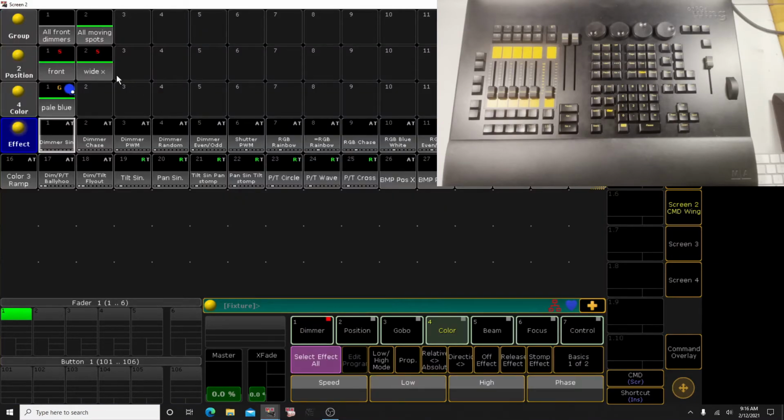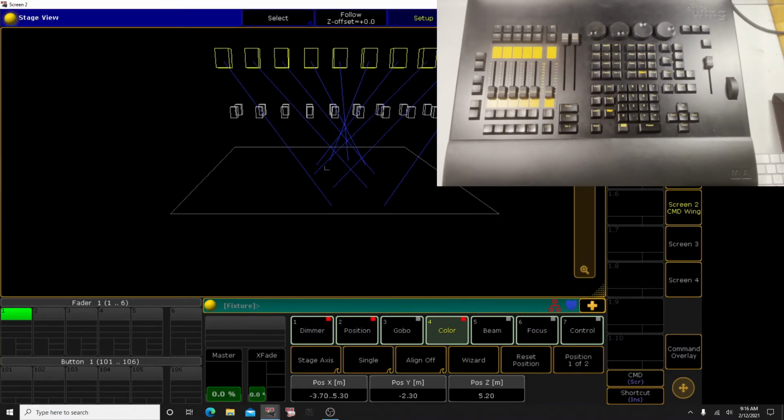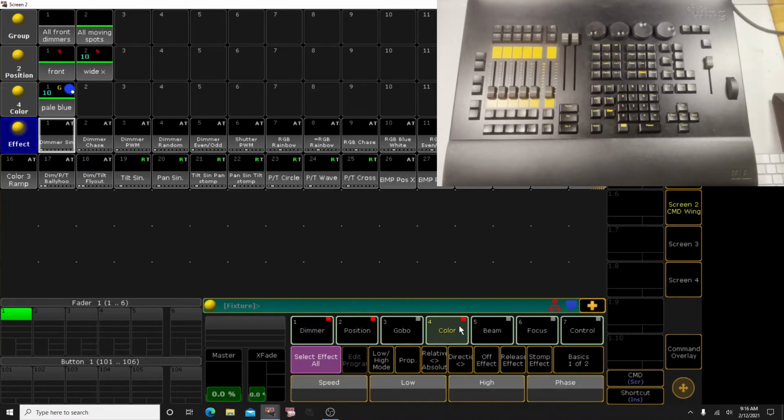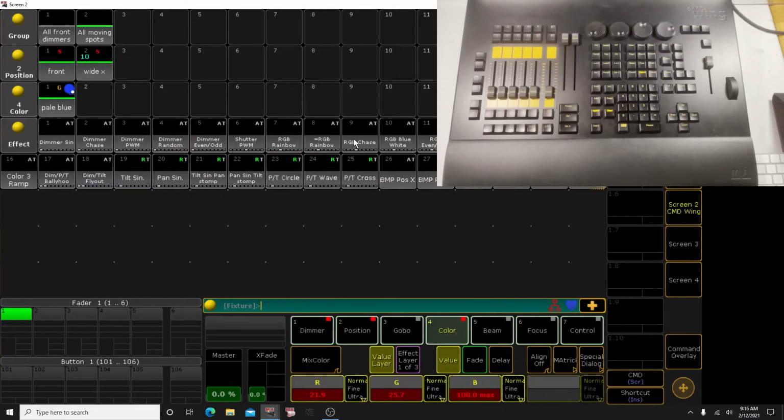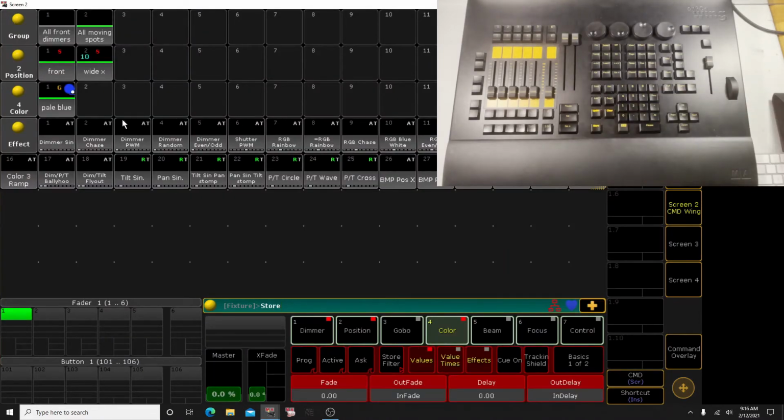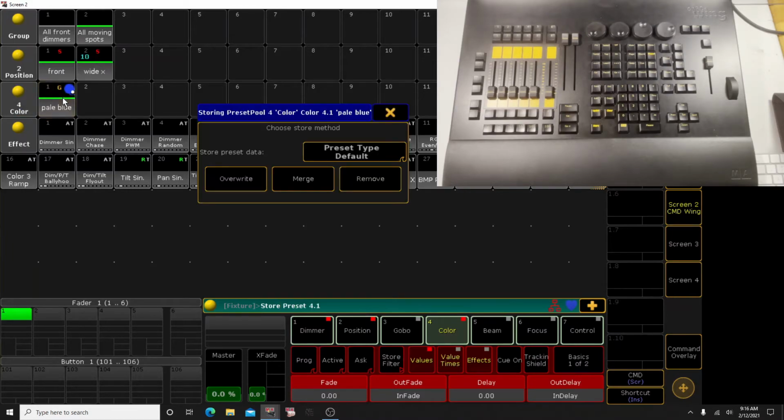And then let's select wide X position in pale blue. Perfect. That looks really good. But I think I want to change that pale blue a little bit. So all I'm going to do is go back to color, special dialog. I think I want that blue just a little paler. I'm going to pick Vapor. Now what I can do is I can hit store again, click on the same color palette, and then I